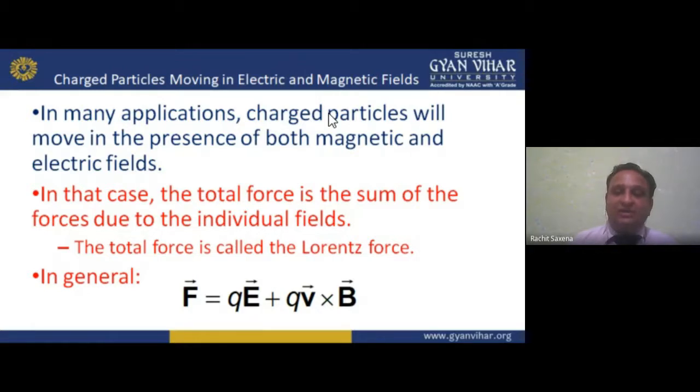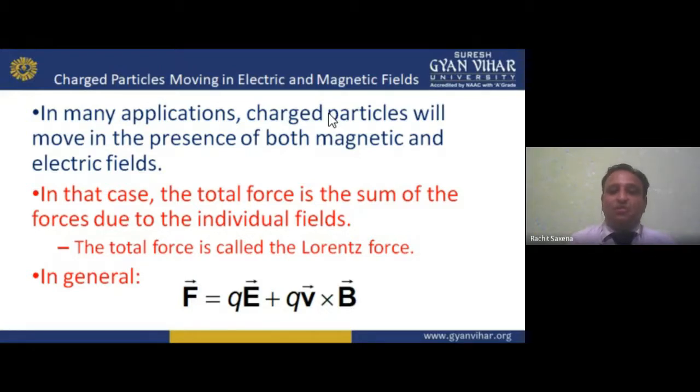The motor converts electrical to mechanical, and the generator converts mechanical to electrical. But in the generator and motor, we are converting electrical to mechanical with the help of a magnetic circuit, and vice versa. So there we have a magnetic force, that is the electromagnetic force: a current-carrying conductor placed in a magnetic field, just like your motor, experiences a force. So the charged particle moves in electric and magnetic fields. As I told you earlier, in many applications the charged particle moves in the presence of both magnetic and electric fields, so the electric field and the magnetic field are both there, and the charged particle is moving.